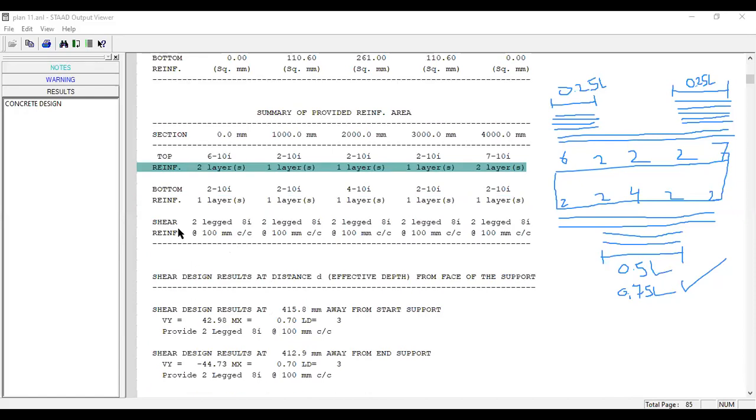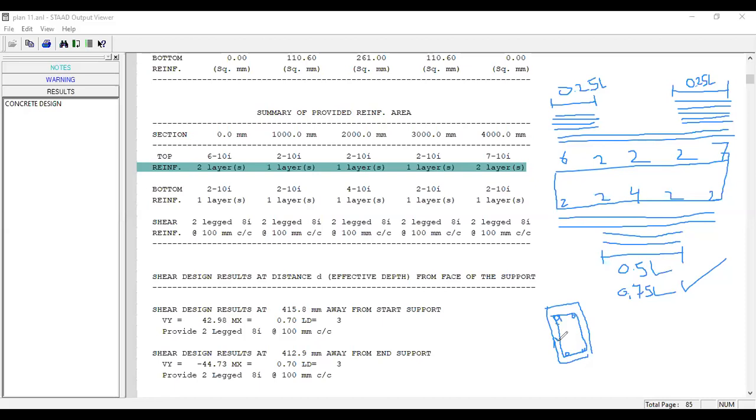It's a shear reinforcement, two-legged 8i 100 mm center to center distance. Two-legged means you need to provide a stirrup of two legs. It's a cross-sectional area where you are providing a reinforcement and a stirrup like that.